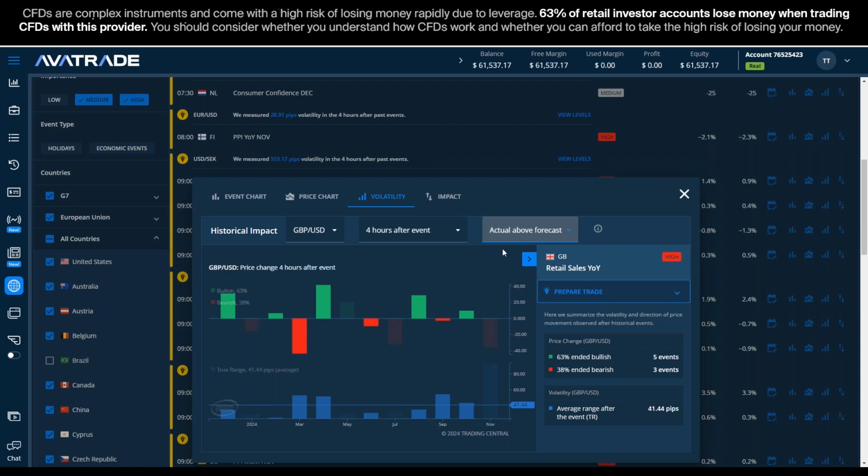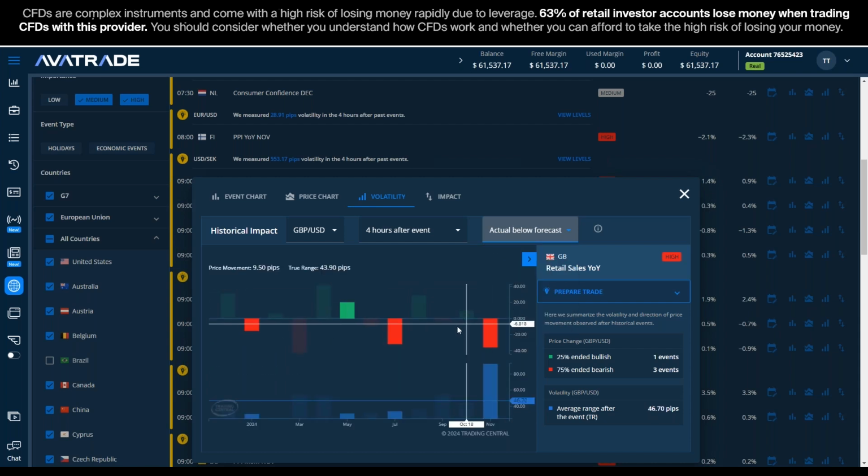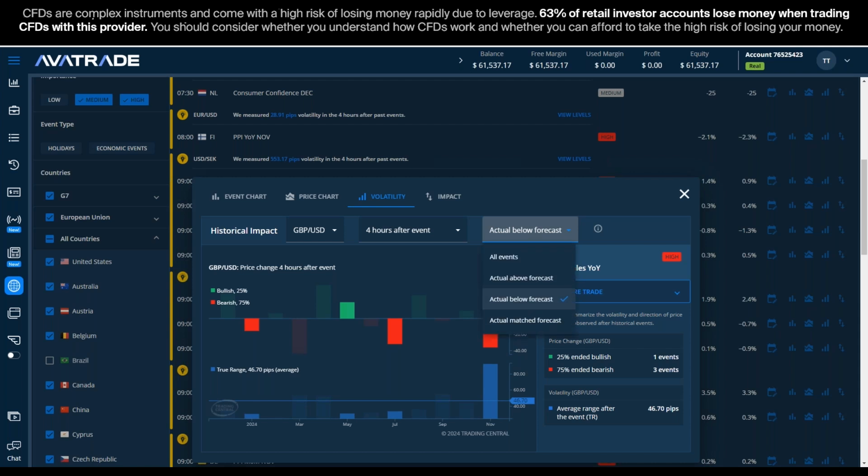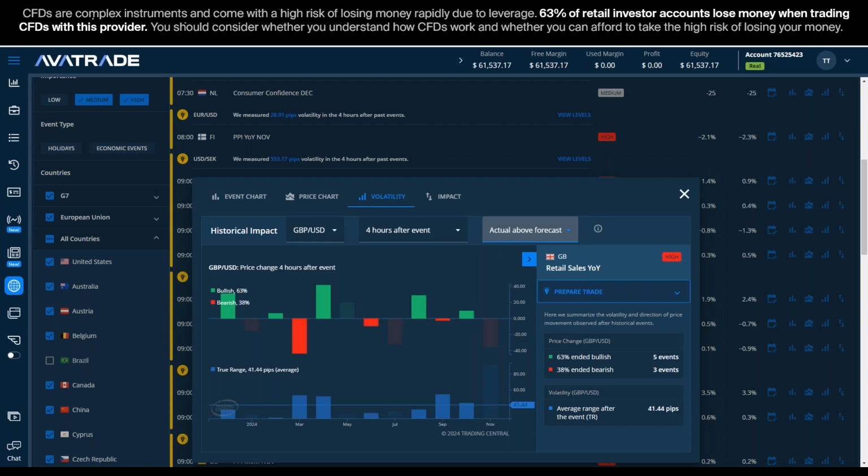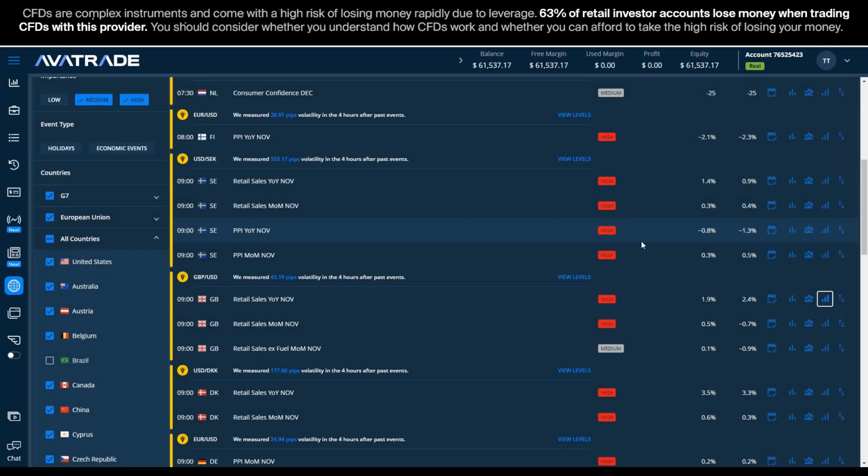Okay, and if this comes in below forecast, it's the opposite, 75% of the time down, with over 46 pip range movement on average. Okay, so another strong relationship that gives you predictive directionality. Opposite direction if the opposite result happens. Below forecast, 75% of the movement down from in the past. Above forecast, almost 2/3 of the movement up. Okay, so that's a nice one to look at and be ready to trade on maybe tomorrow, the retail sales